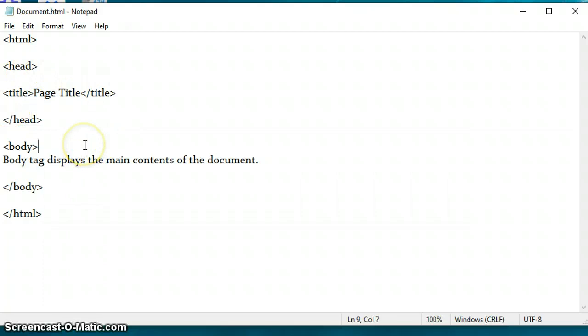So students, let us start with something more. First of all, I will paste few lines of text here so that I can use it for the editing purpose.